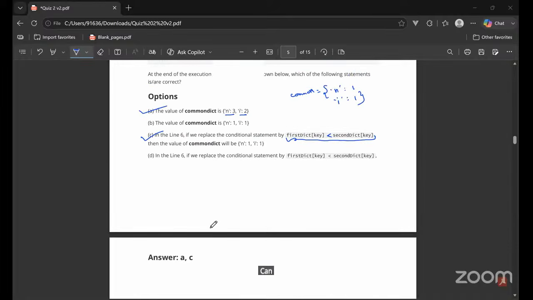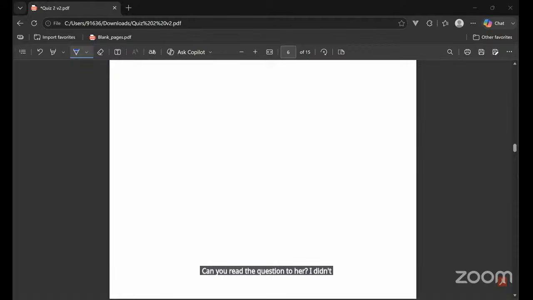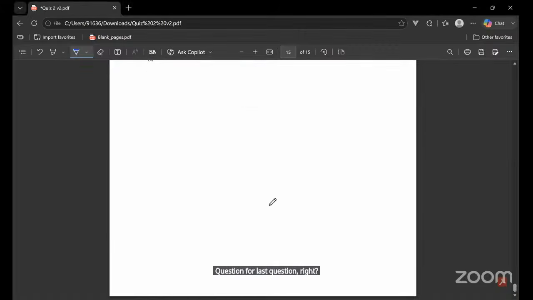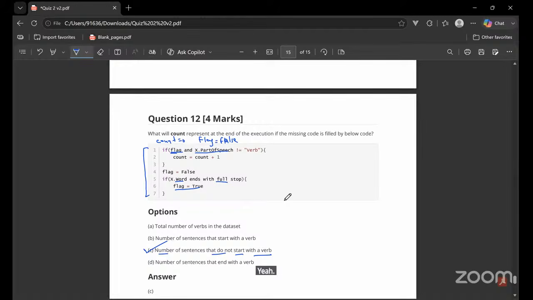Can you read question 12? I didn't understand it. Question 12, the last question, right? Yeah, here. If you take the sentences, for example, "It was raining." When you look at the end of the sentence, you make the flag equal to 2. After that, whatever word comes next, like "Swaminathan is reading a book,"